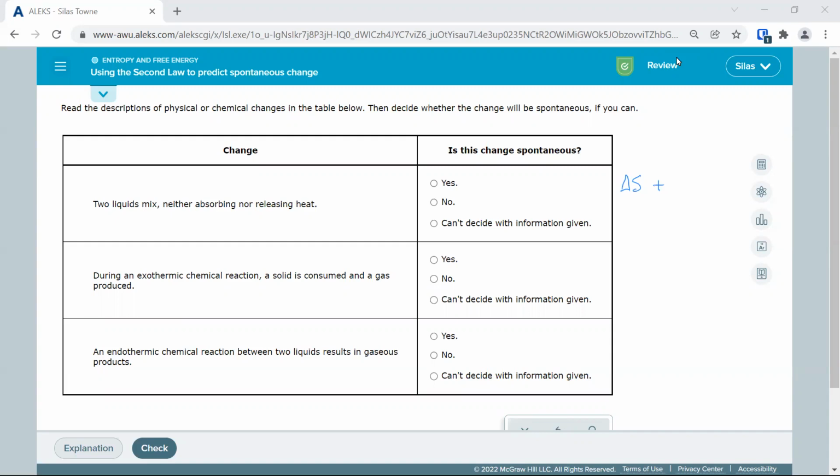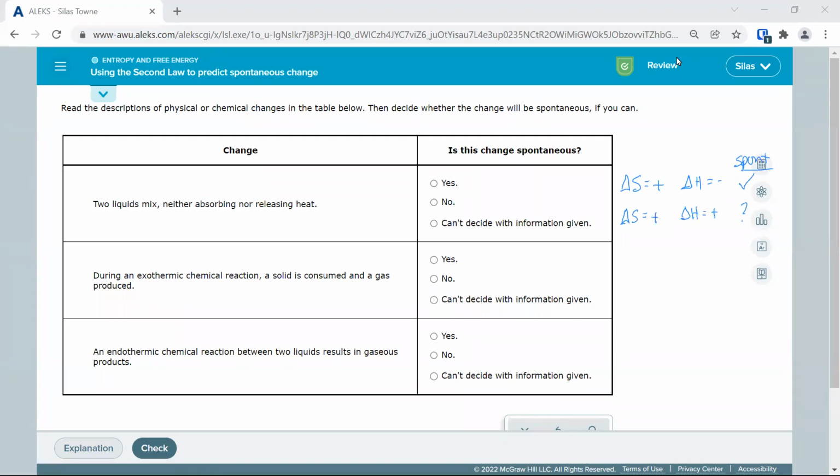So we're looking for a couple things. If the entropy of the reaction is positive and the enthalpy is negative, then we get a spontaneous reaction. Now there's three other options, right? If the entropy of the system is positive and the enthalpy is positive, then we have one going each way. One's increasing the entropy of the universe, one's decreasing the entropy of the universe. And so we don't know, not enough information, can't decide. It would be dependent on temperature, which we'll learn more about.